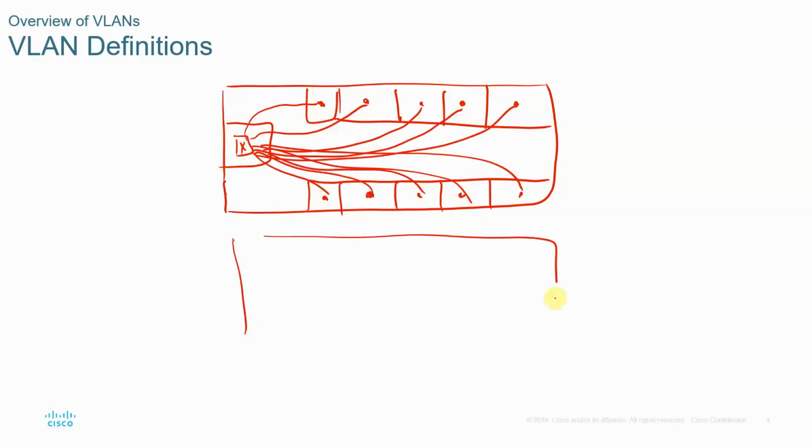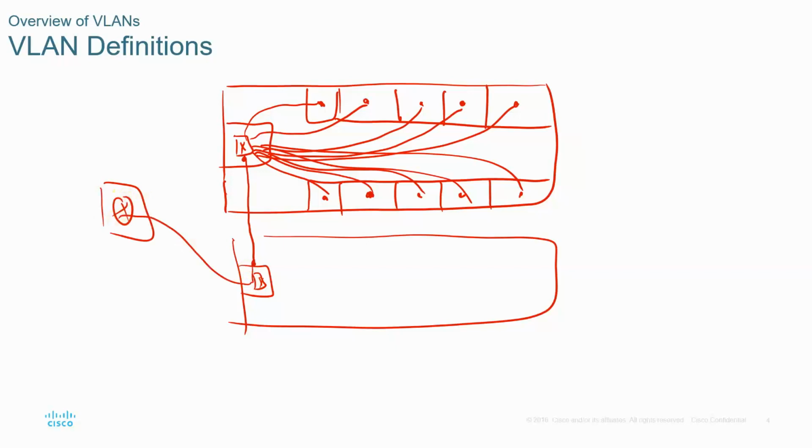Okay? If you have another floor, you would essentially do the same. So you'd have another switch here. And then if you want the switches to be connected, you will go to one port of the switch and run a cable across the floors to the other switch. And then somewhere on another floor, there can be another room where there is a router, and you would have one port from the switches, or maybe one of the switches connected to the router. So if this router is the one that has access to the internet,